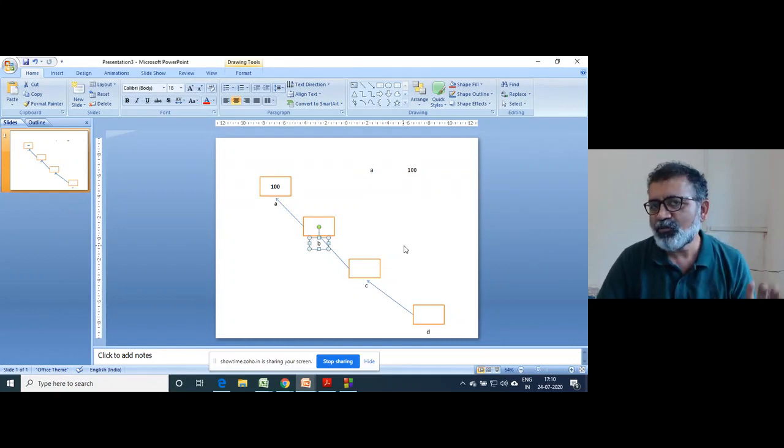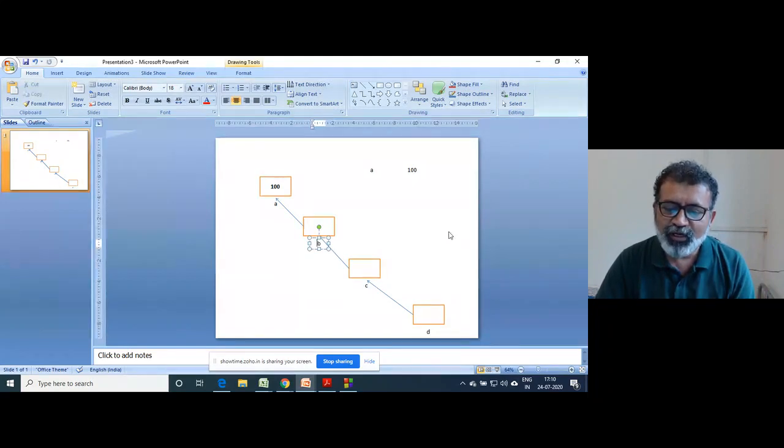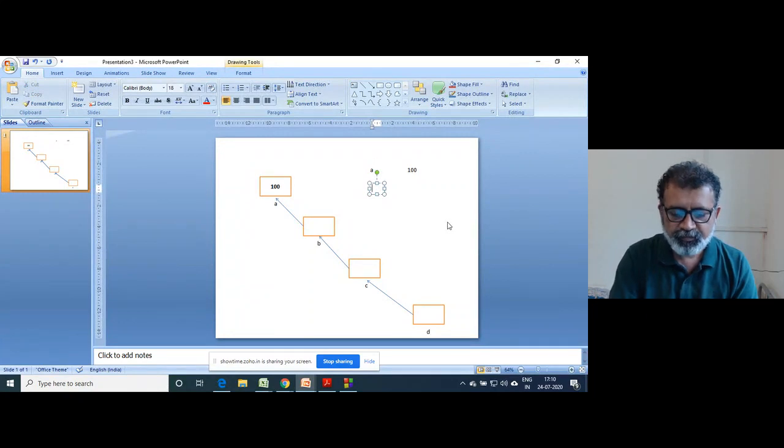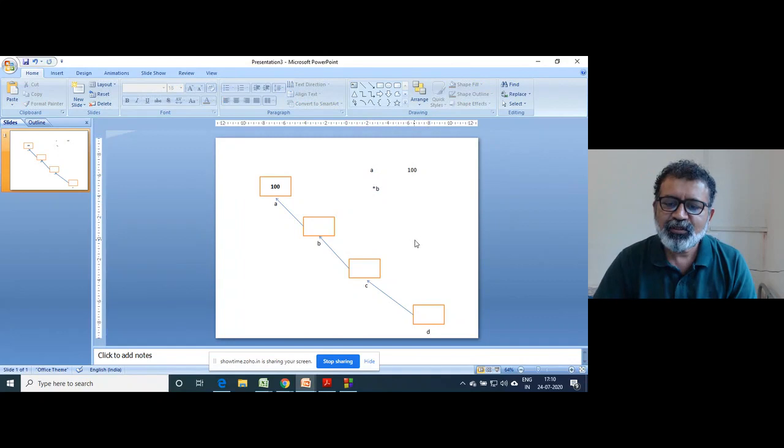But we are not bothered about what the contents of b are. We want to access the contents of a to which the pointer is pointing. So that's why you attach a single star. So star b is the same as a.